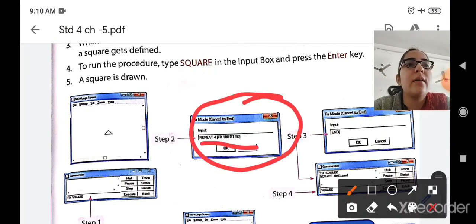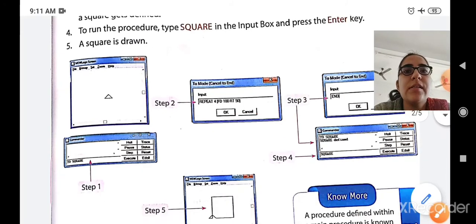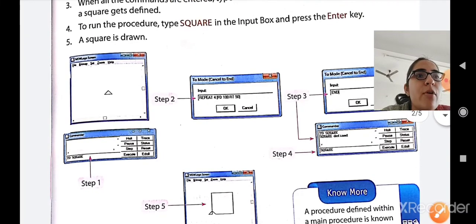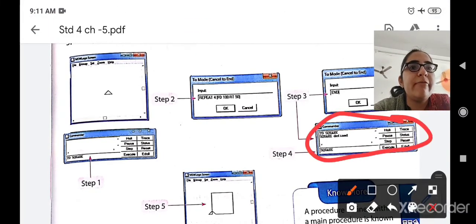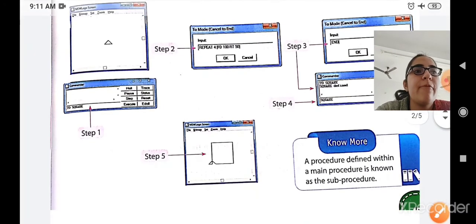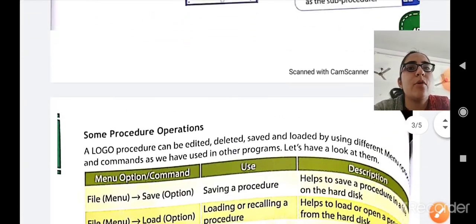In that you have to write the command. After writing the command, you have to type END, that is step 3. And you will see that in step 4, the procedure will be defined, and then to run a procedure you have to write square, that is the name of the procedure, in the input box, and finally in step 5 you will see that your square is drawn. Okay, so this is how you have to write a procedure.